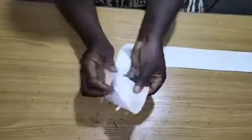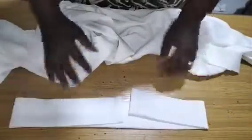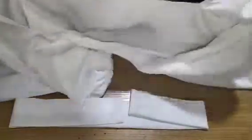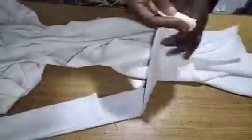So I'll go back to my machine now. I'm going to sew close. I'll sew. So right now, I've sewn my band. I've closed the both parts right away. So I'll go ahead and sew this band. So I'm going to first sew this band starting from,